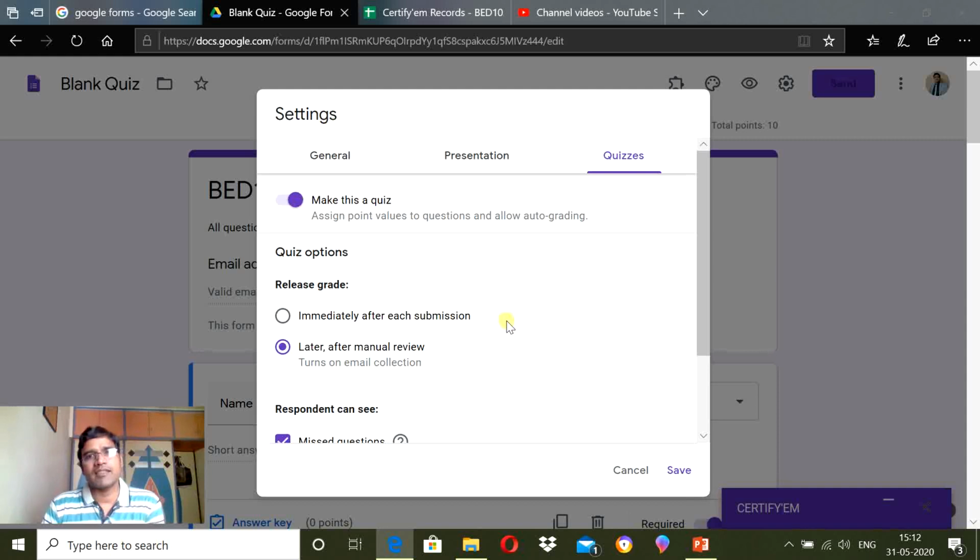Or in another scenario, if you are a teacher receiving the responses of the students, but you want the result declaration after submission of all the students' responses. You want to declare the results of all the students at a time, then you select this feature. Generally in examinations we declare the results at a time because we don't want the answers to be known to others, so they cannot share the right and wrong answers with each other. So when you are conducting even an online examination, select this option.